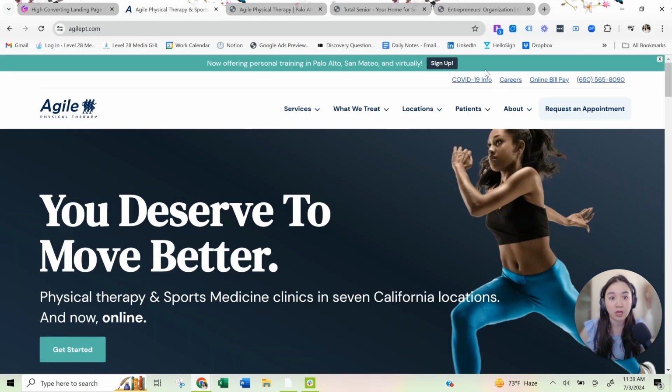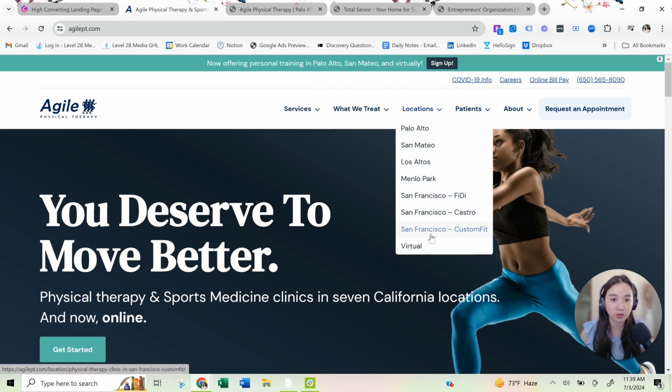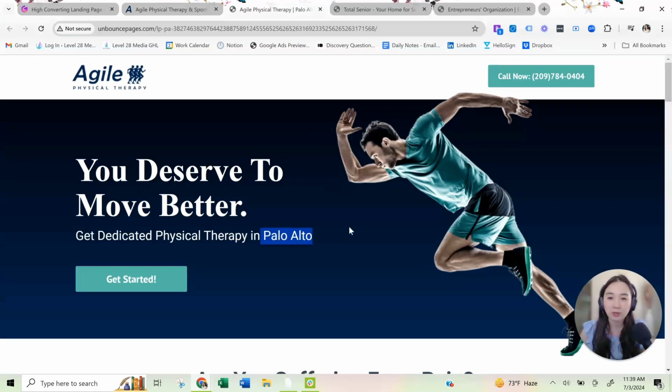because you're showing that we're closer to them. Now, if we were driving traffic from a general Google Ads campaign to the main website, there's a lot of different locations and people might not know where to self-select. So keep that in mind. When you're driving traffic, it's best to keep things a lot more tight when you're setting things up, and you want to be very specific on the area that you are promoting